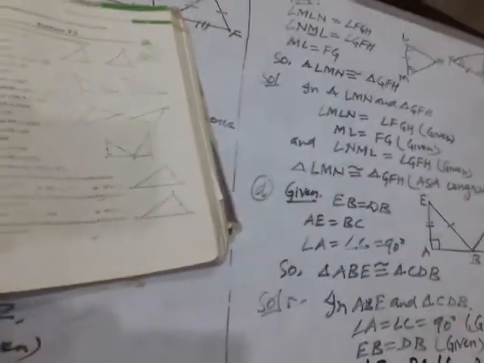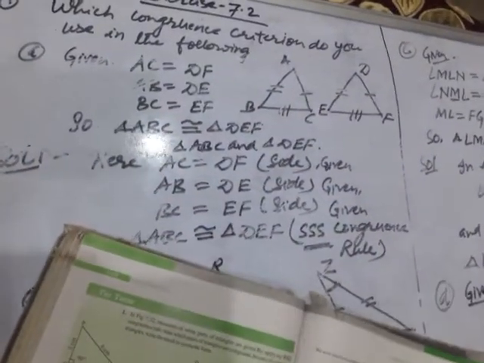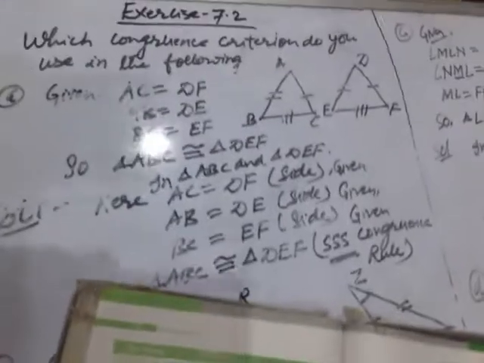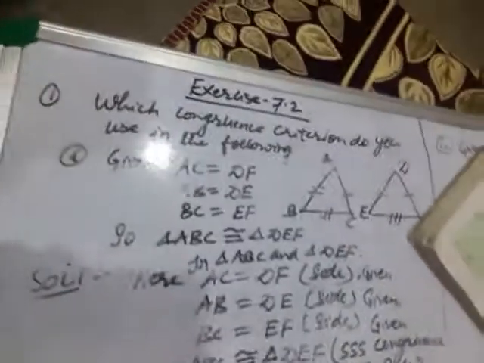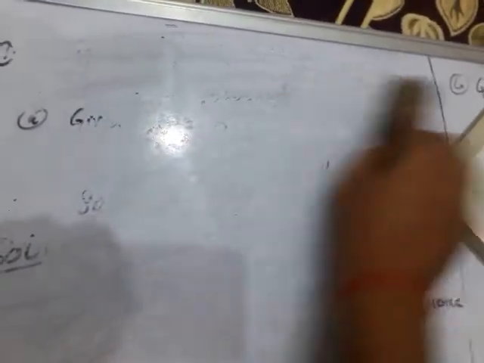So question number 1 is solved. Clear? And you have to write this very systematically in your notebook, otherwise you will not be able to understand in a later stage. Okay, children, let us move to the next question, that is the second question of the exercise. Different situations are there, and if you have learnt all the congruence criteria and their conditions, then only you can easily find out the application, otherwise it will be difficult.